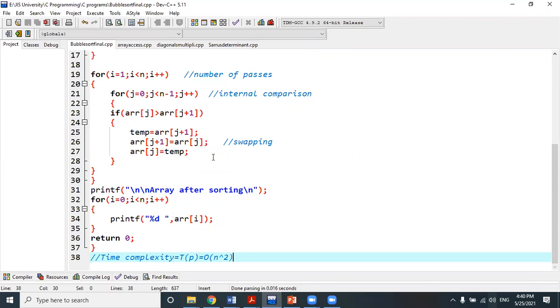If we take an integer value f equal to n, then in the loop of j, j is from 0 to f minus 1. After this loop finishes, we do f minus minus, then it doesn't need to run the loop to the end of the position every time.